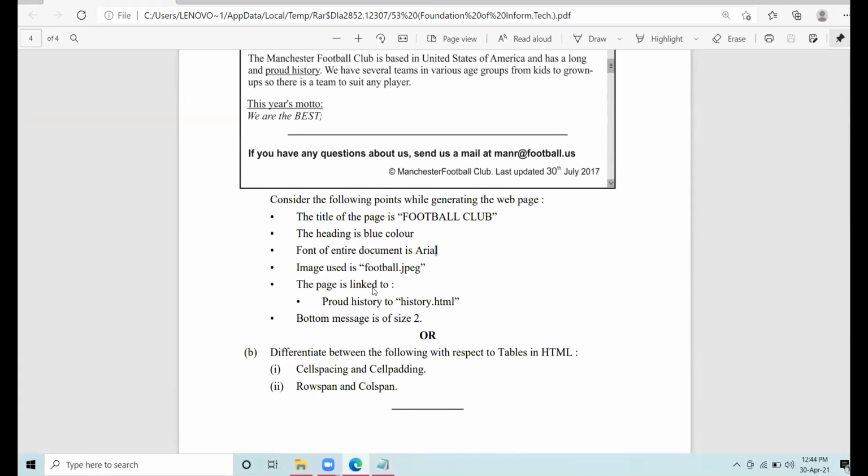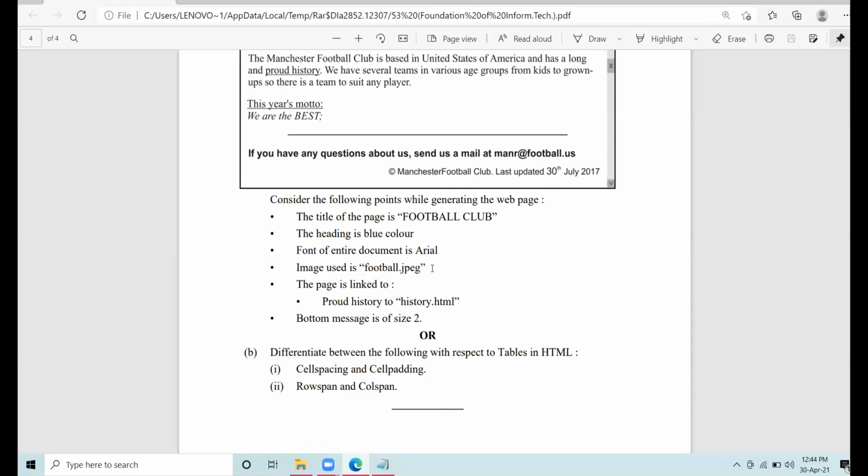Now with respect to the picture, the question is saying image used is football.jpg. Beta, as far as your theory paper in the board is concerned, read this instruction carefully. Image used is football.jpg, but the location of the image has not been given to you.